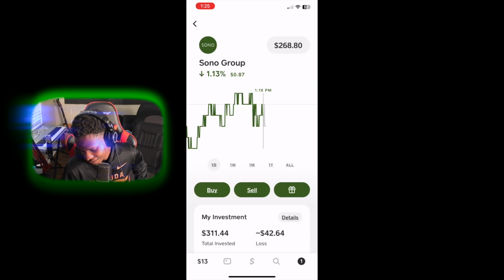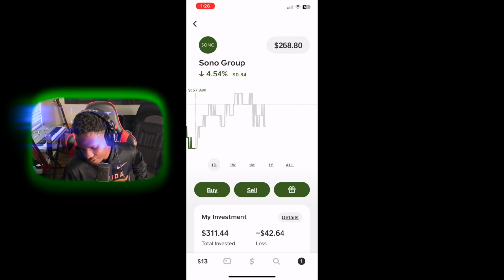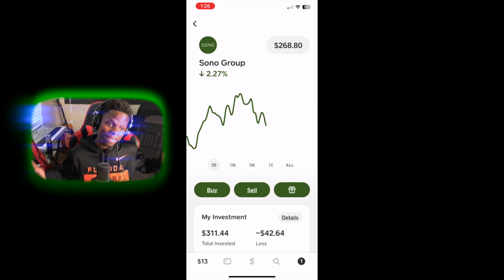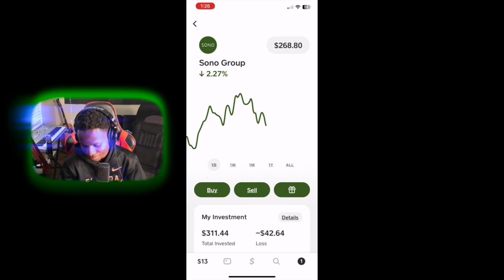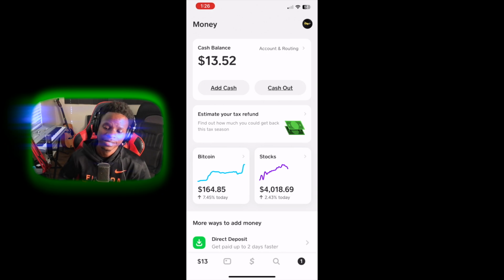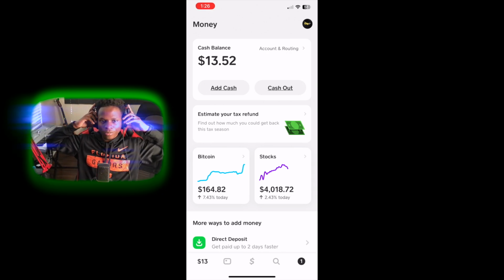and y'all kind of see how Sono is even bottoming out too. When I say bottom out, I mean flatline. They were flatline from 9:47 to 9:58, and then they kind of went up, and they flatline every so often, and then they go up. So flatline is the journey, man. Flatline could be a good thing. Flatline could be a bad thing. Like I said, it's when it's a continuous line and it's not even moving,